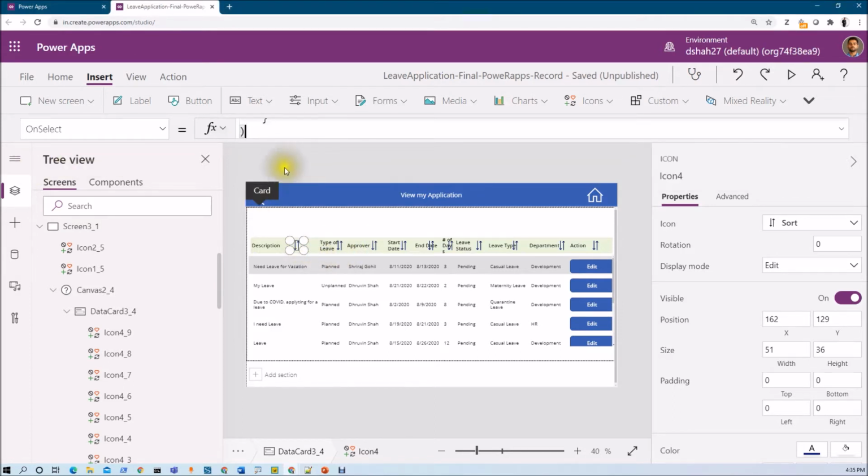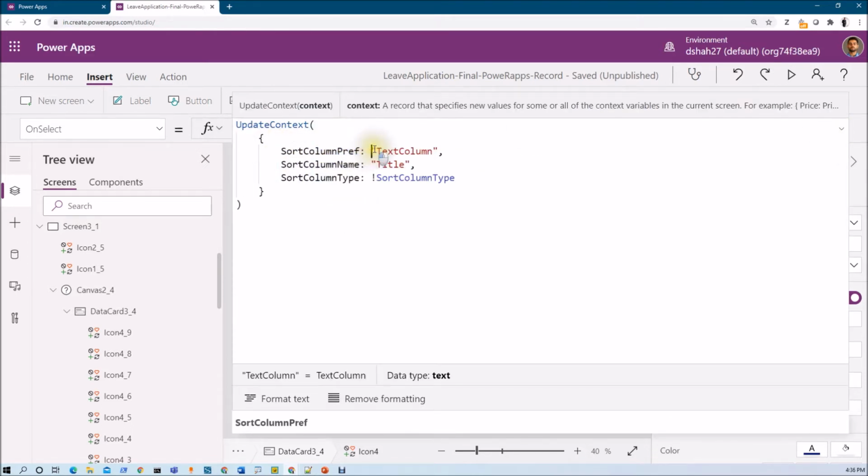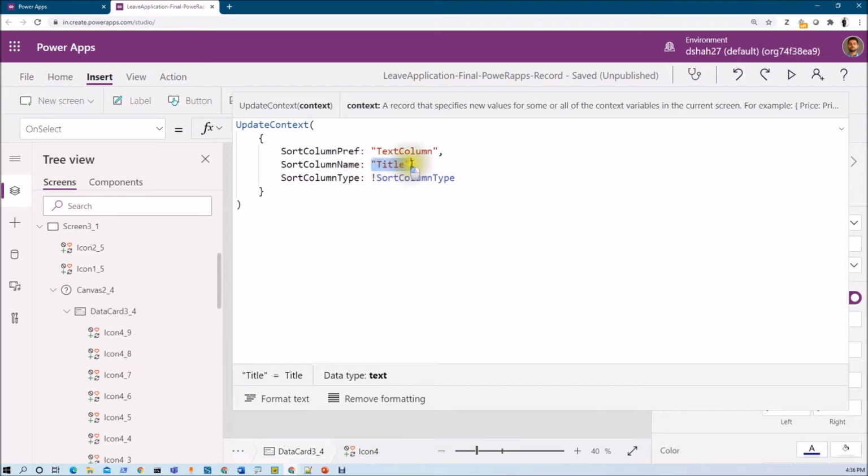So let's say this is my text column, that is the title column. Now on the select event of the icon, I need to set this variable, sort column preference, that is the text column. Sort column name is the column you want to sort. So this is the title column of the list, so just add it like this.